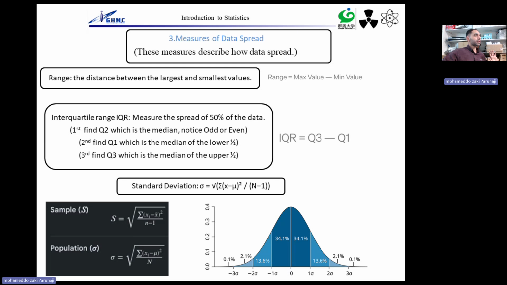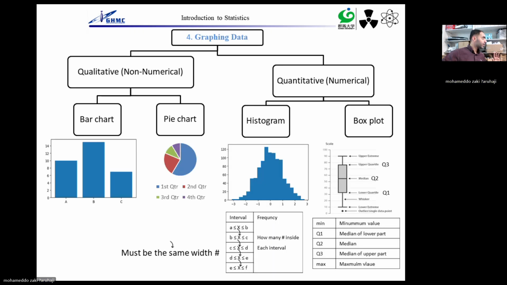Okay. So now I will move to something more interesting to us. Because those things I just said, Excel will do it. We don't do it. It's just for us to understand. Technology will do it. But for graphing this data, for us to have a graph to absorb and see the data, we